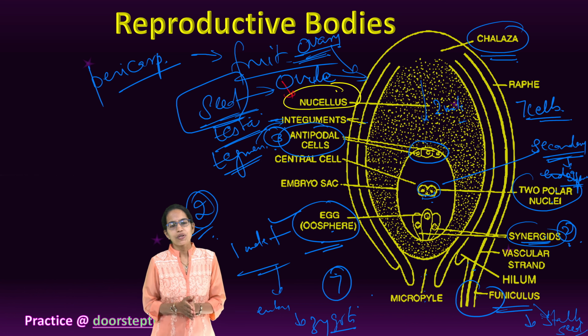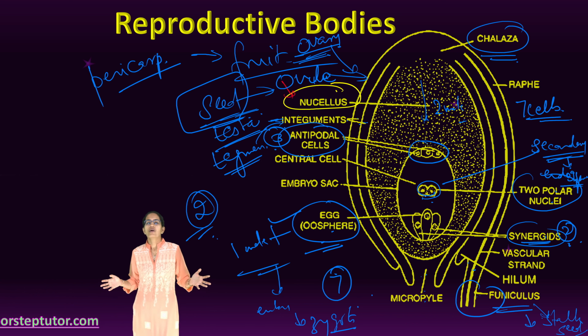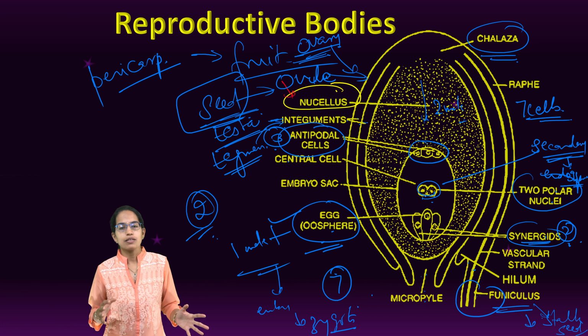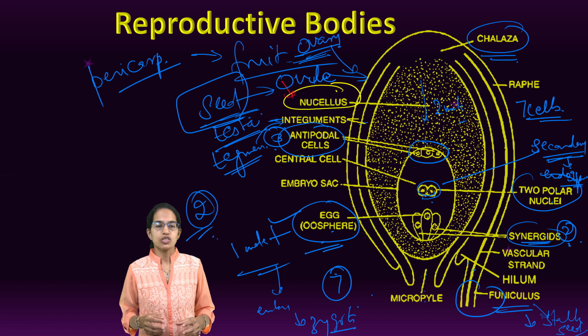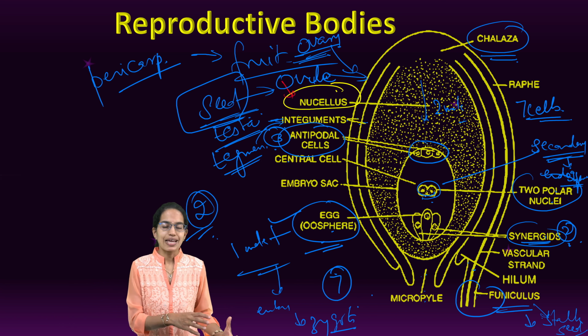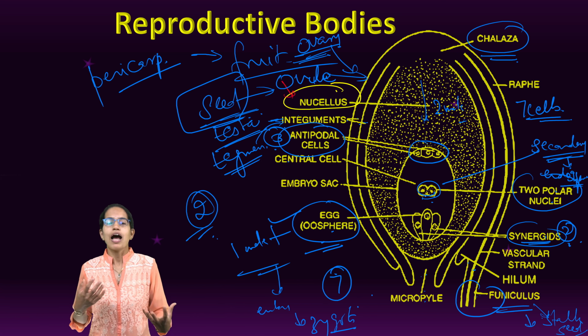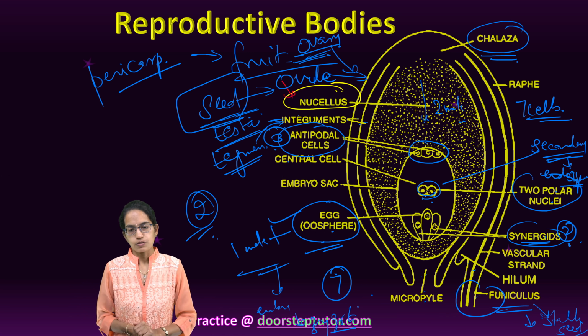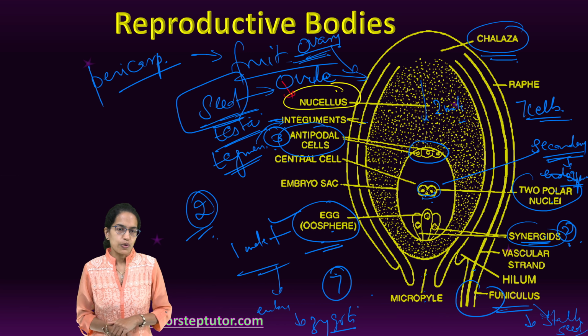So this is a very important concept of how fertilization takes place. What are the various important reproductive organs, which are the pollen and the ovary that are involved, and within the ovary how the formation of the embryo sac takes place. So those are some of the important things that we have